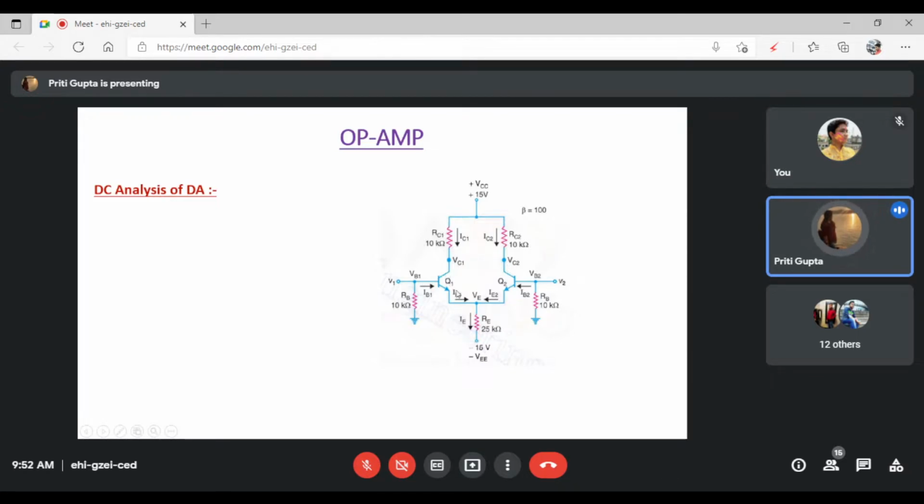And this is the transistor Q1. This is Q2. This is VB1, this is VB2. This is V1, this is V2, okay? And after that, this is VE, the emitter voltage, and this is RE, this is IE1, IE2, this is IE, the emitter current. This one is simply VEE, and this is RB, and this is also RB, that is base resistance. Just mark this, after that I am proceeding.